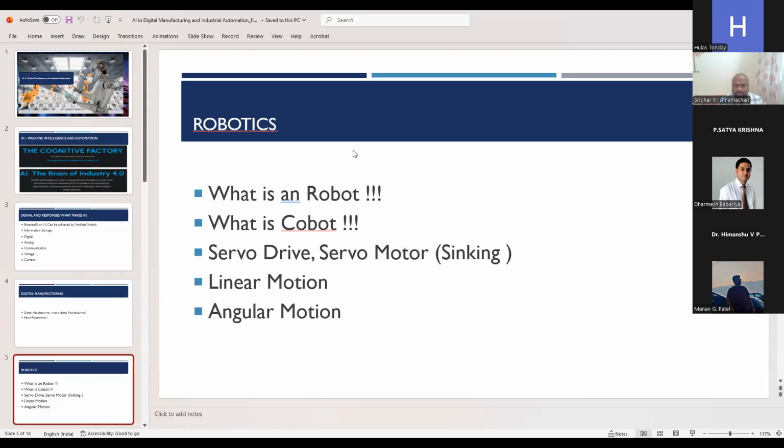And moving forward, the next is a robot. What is a robot? What is a robot and cobot? Can someone clarify the difference between robot and cobot? How many axes will the robot have? Number of axes.